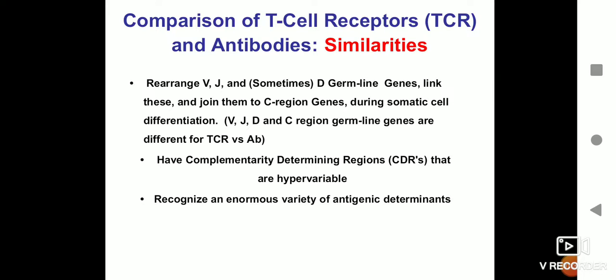the variable region, and there is a lot of rearrangement of the genes in this area that leads to diversity in the T cell receptor as well as B cell receptor. That helps the T cell receptor and the B cell receptor to recognize and bind to different types of antigens. If this kind of rearrangement was not there, we would not have so many different types of T cells and B cells.